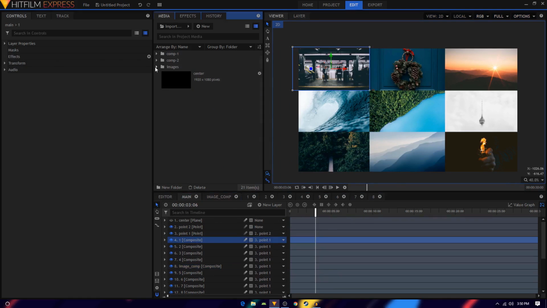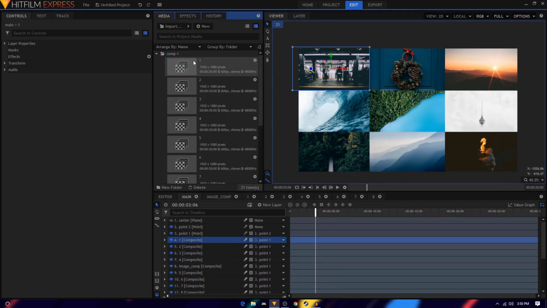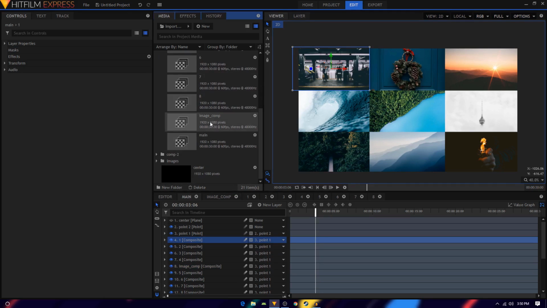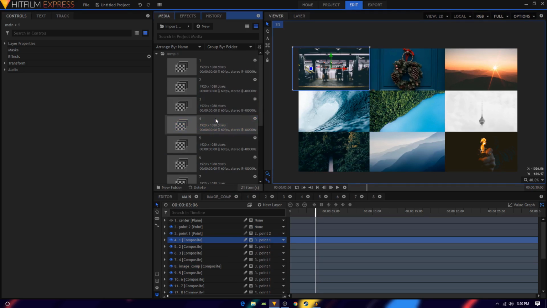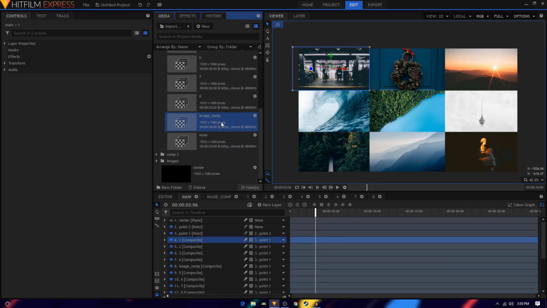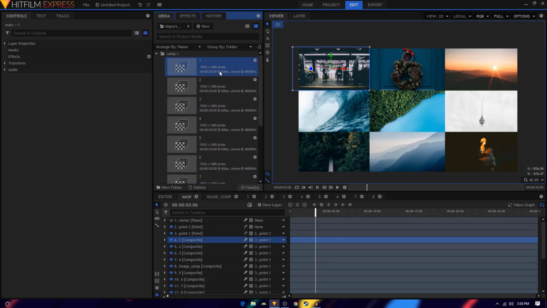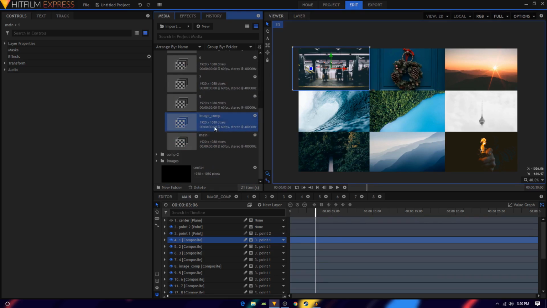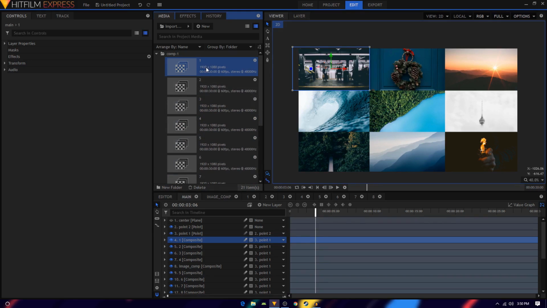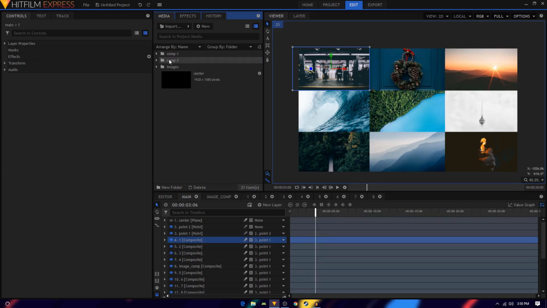So let's do that. I'm going to go into my comp1 folder and select the one composite shot and the image comp. Select both of these, right click, and oops, let's select these two, and the right click doesn't work on that. Just make sure you highlight these two comp layers, image comp and one comp, and hit Ctrl+C on your keyboard to copy it. Highlight your image comp 2 layer and hit Ctrl+V, and that will basically paste those comp shots